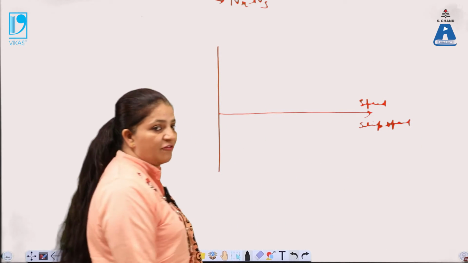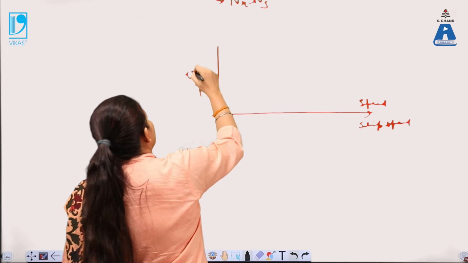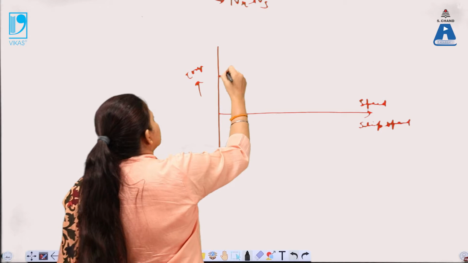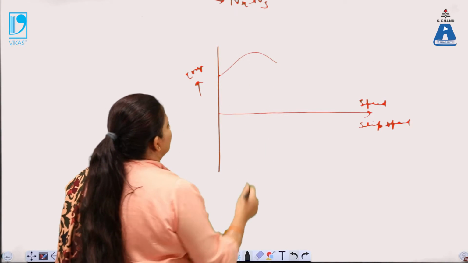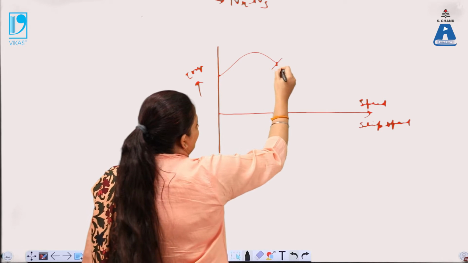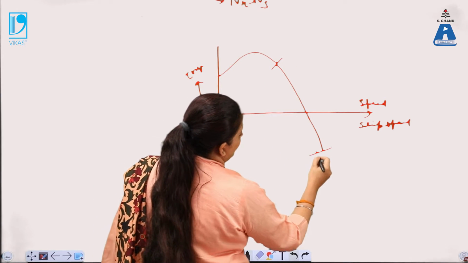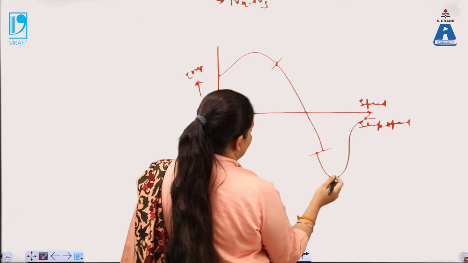So over one graph both the characteristics can be understood. Now again there is a torque. So the starting graph is like this. If this is the graph over here,